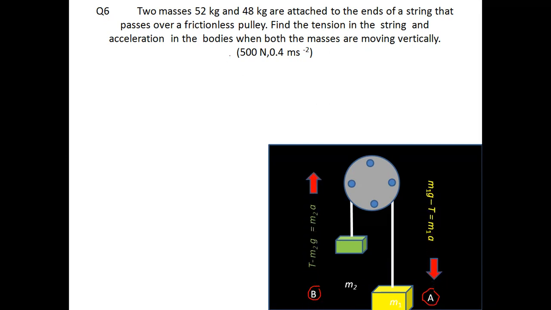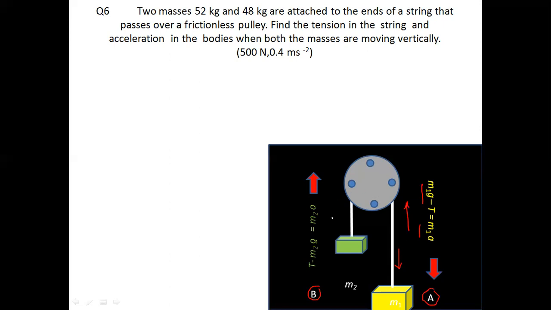So the tension in this case over here is less than the weight. That is why the body is moving in this direction. So according to the second law of Newton, the mass M1 is moving with some acceleration A, and we have to find the value of A. So M1G minus T, that means the weight minus the tension. Tension was in the upward direction on the string, and the weight was pulling the mass down, and the whole thing was going down with some acceleration.